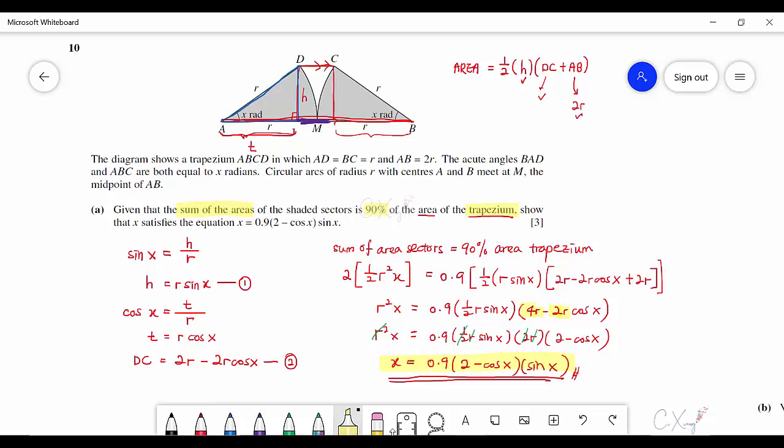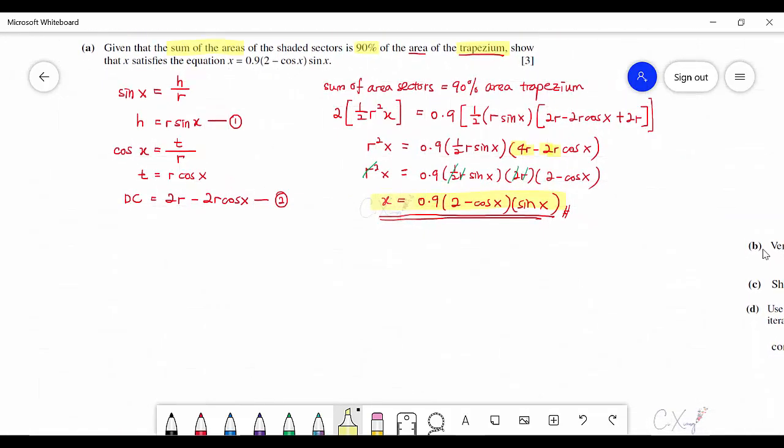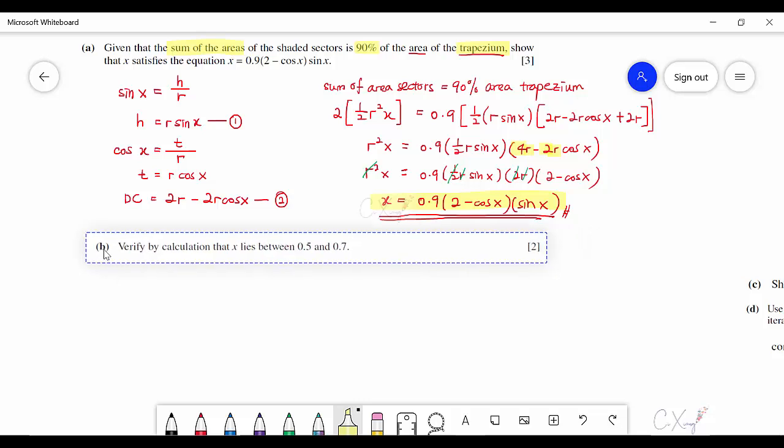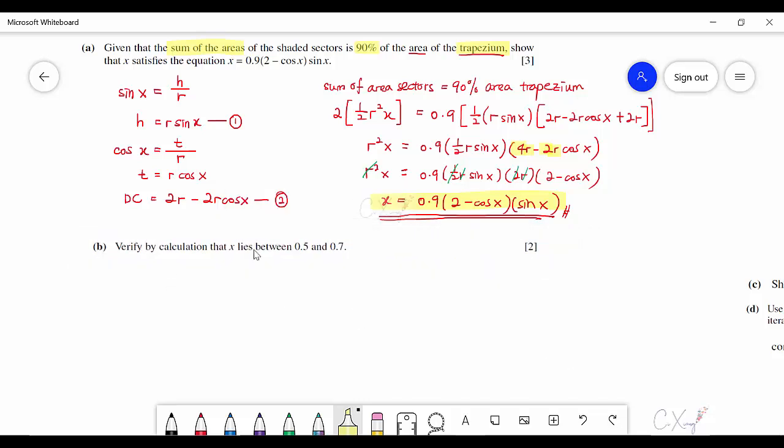All right, so this is part A. And then let us continue to part number B. For part number B, they want you to verify that x lies between 0.5 and 0.7. Again, we will start from this equation here. To start with this equation and prove it, you need to make it into a function first. So I will let the function f(x) equal 0.9 times (2 minus cos x) sine x,